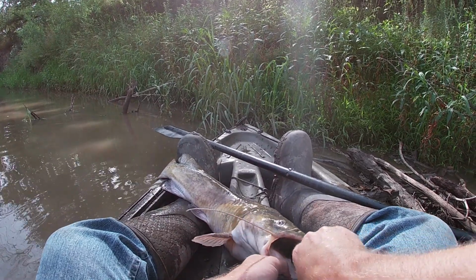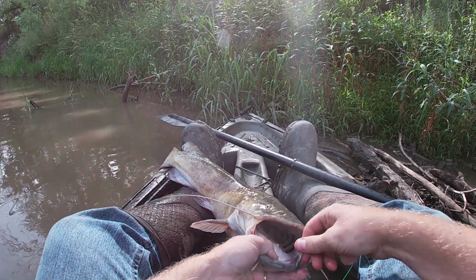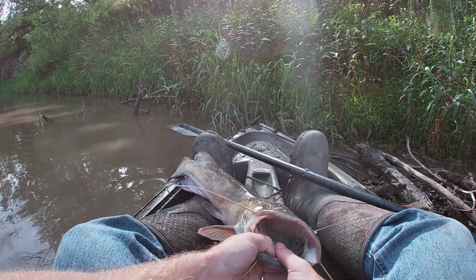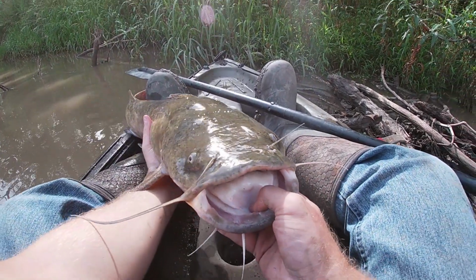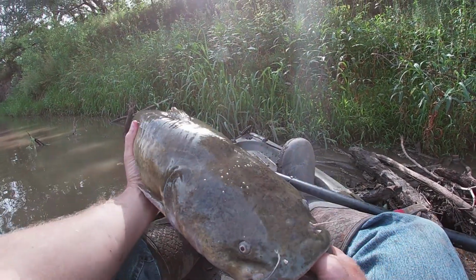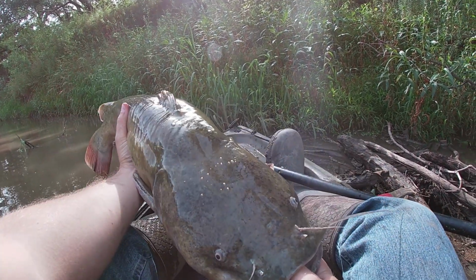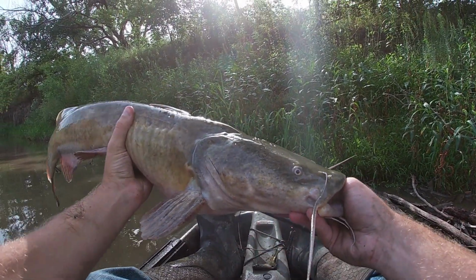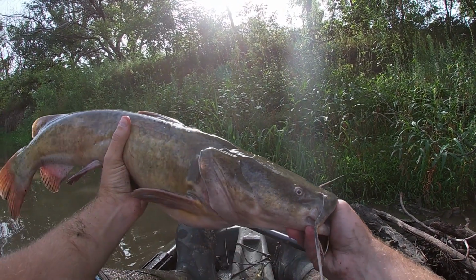That's just an adrenaline rush. Yeah, that one wasn't going anywhere. The hook popped out a little easier than I thought it would, though. Well, there's a look at another beautiful Kansas flathead. Not a bad fish. It's hard to complain when you're catching fish like that, and like I keep saying,